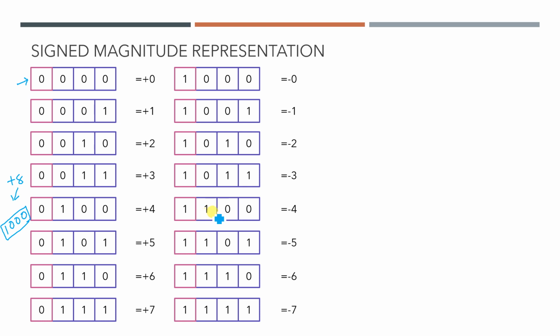That means you can say the range for this sign magnitude representation in a 4 bit word size, what is the range? The range is plus 7 to minus 7. That means the first number should be plus 7, or we can say something like this: this is 0, this is minus 7, this is plus 7. So this many values can be represented in your sign magnitude representation.